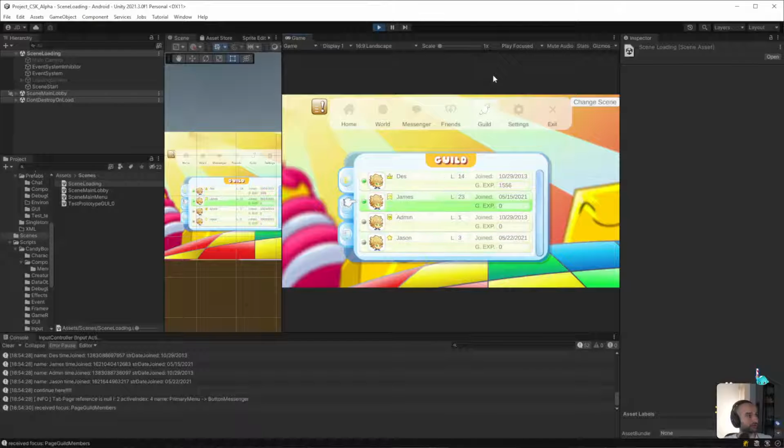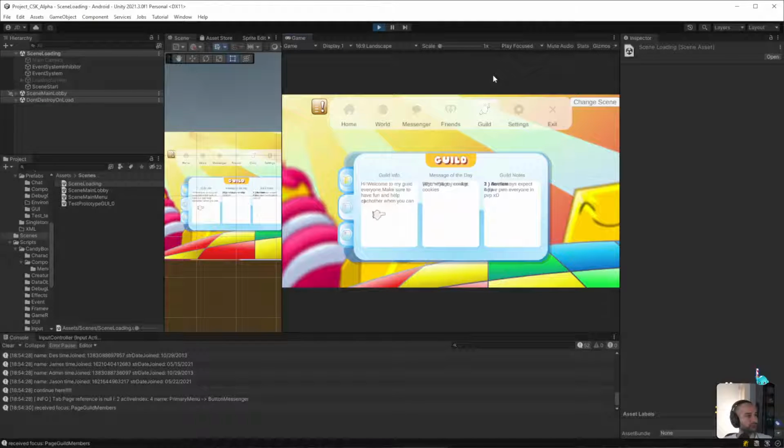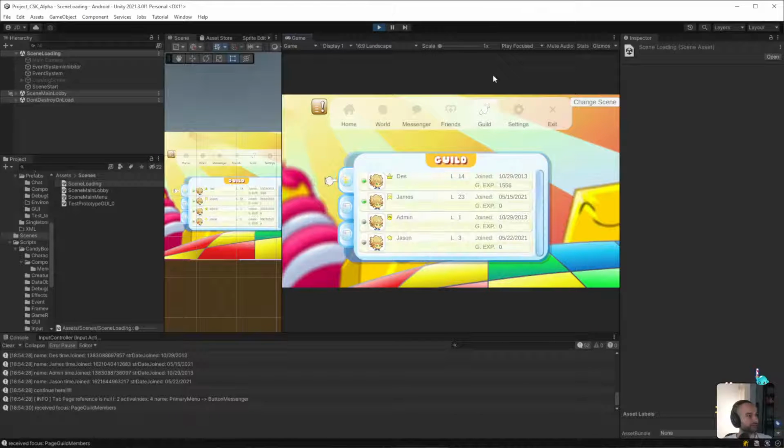This one, I don't have that many members in my guild, so that's fine. I'm not going to do the guild walls yet. I don't think I want to go into that specific detail, nor the guild information, but the guild stats. So the individual player and their information, this is correct. This is all the latest information.